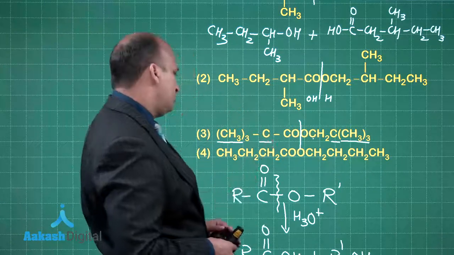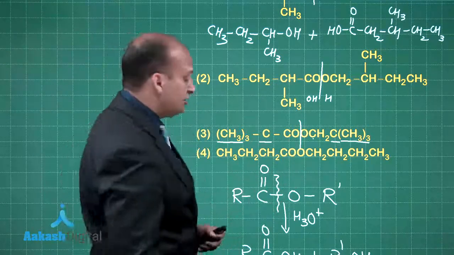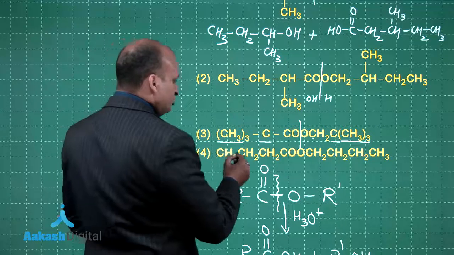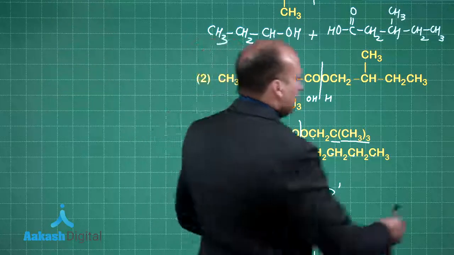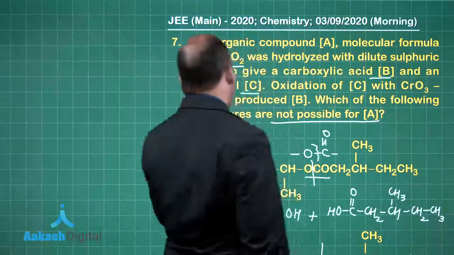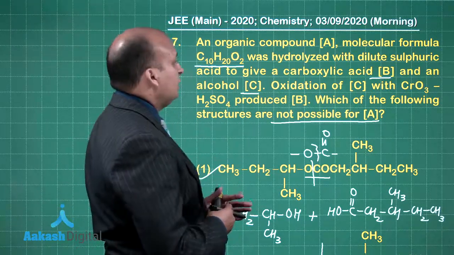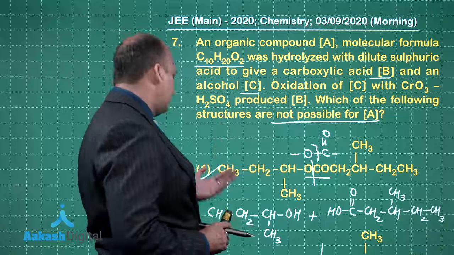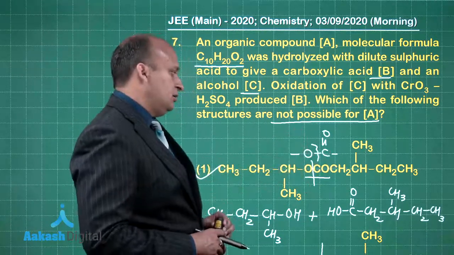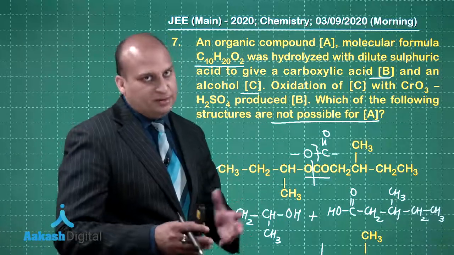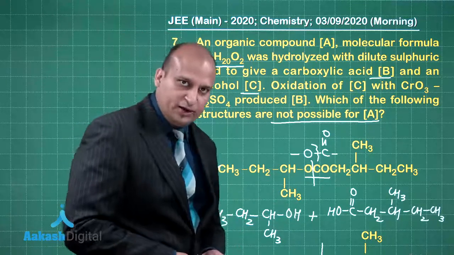Now let us look at option number 4. Now I personally feel that there is some problem with option number 4 because it is not matching with the structure of A. See 1, 2, 3, 4, 5, 6, 7 and 8. There are only 8 carbons over here, whereas in the question it is given to be C10. Okay. So as far as I am concerned, I would say that I will go with option number 1, which is a better choice to go with, but if the question goes for a toss, then even 4 can be considered as the right answer. Okay, dear friends.